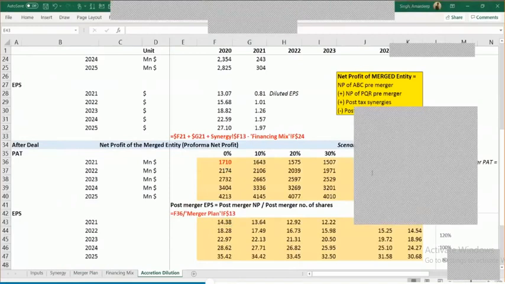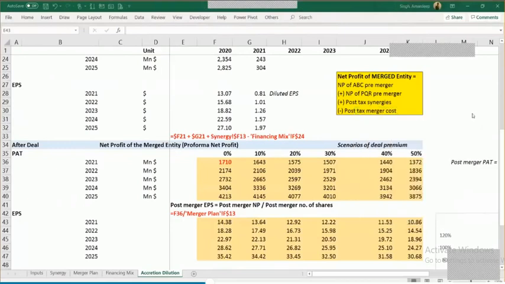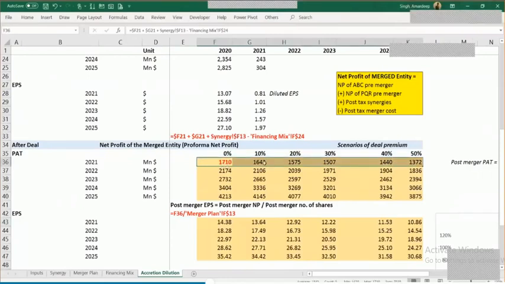Yeah, Anuj, I just saw your question. The difference between the different scenarios is mainly due to the merger cost. That's right. Because the pre-merger ABC profit and the PQR profit, these two things would not change. The synergies would also remain the same. This scenario is going to increase your merger cost, and hence your profit tends to decline if you pay more and more premium. That's why you see that 1710 reduces to 1600, 1500, 1507, and so on and so forth because of the increase in the merger cost. So that's the major reason for it.